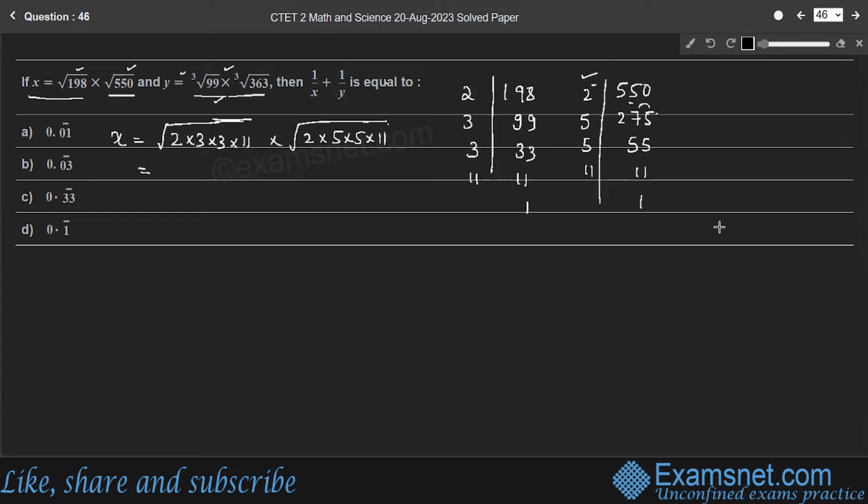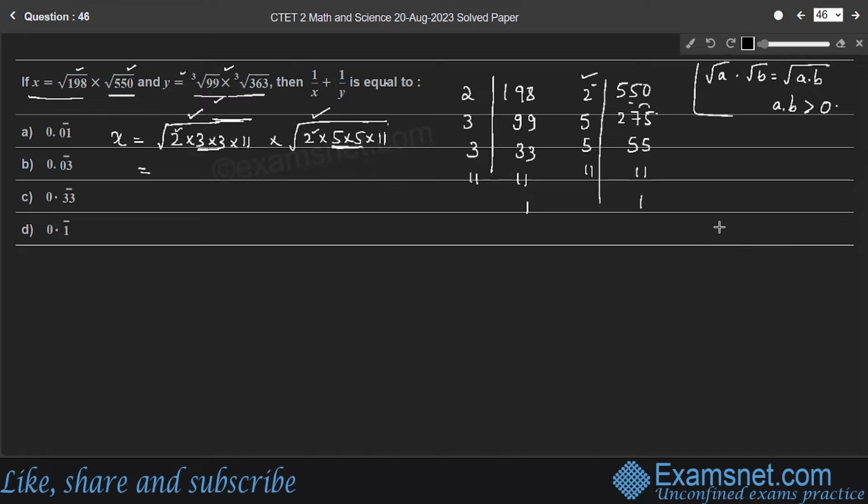So here, students, we'll consider the same terms, right? So root 3 into root 3, right? And here are two 5s, right? So we can take out those numbers, right? And even we have 2 two times and 11 two times. Here, students, we are using the concept of root of A into root of B is square root of A into B, when A and B both are greater than 0, then only this rule is applicable, right? Therefore, though these two square roots are separate, root 98 and root 50, we can club